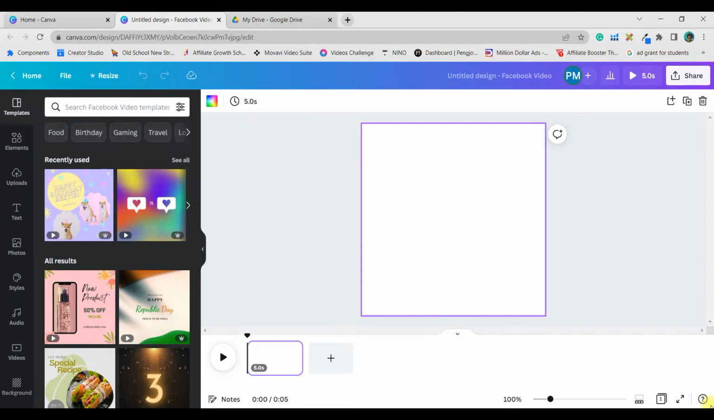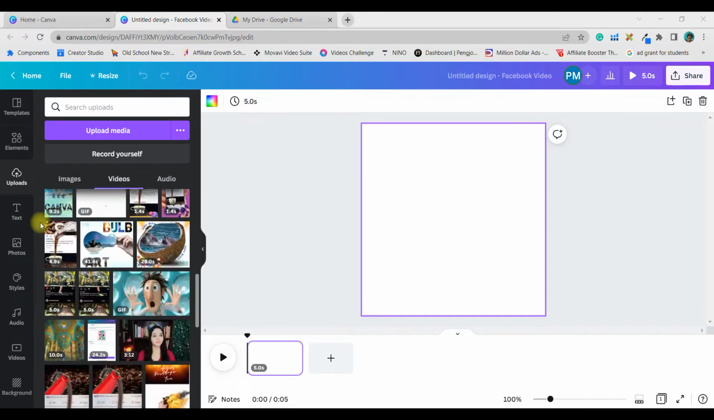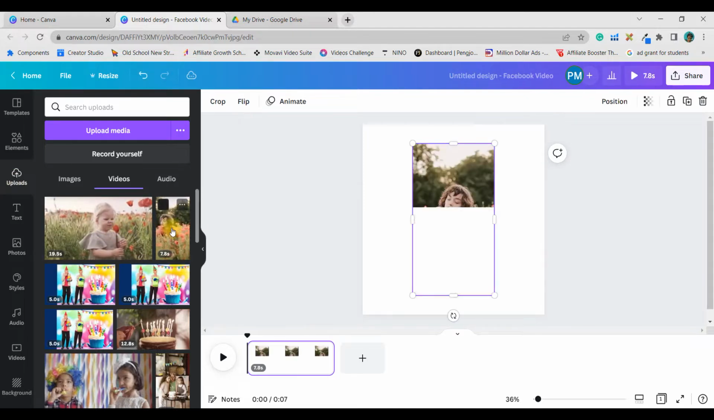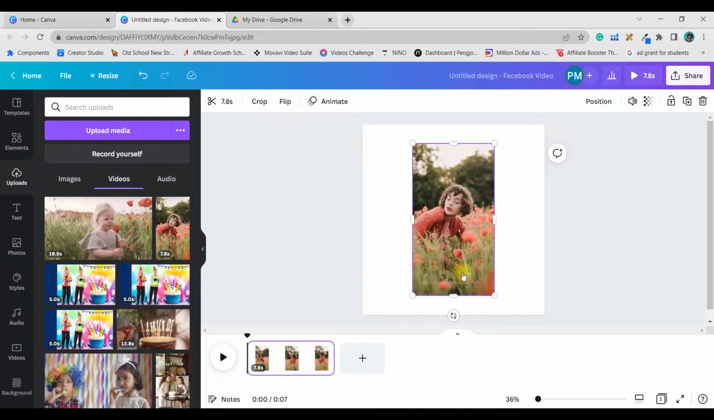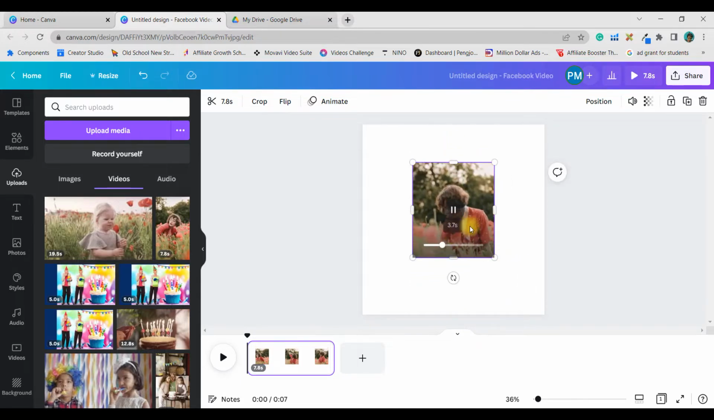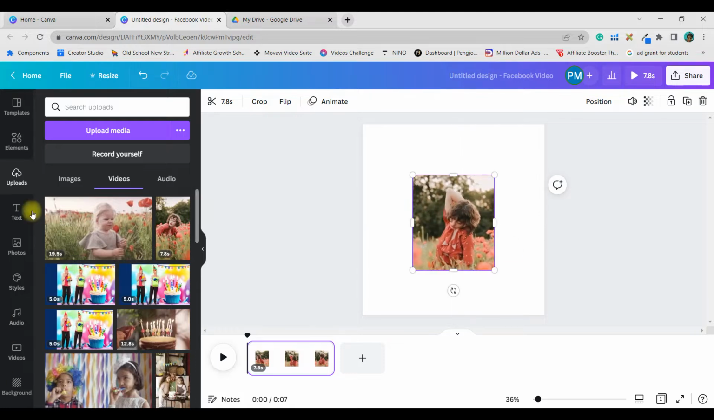One is from a downloaded video and another is by using one of my own short videos and convert it into a GIF or a GIF. So first I'll have to come to upload section. From here I'm going to take this girl's picture, this video, okay, and I'm going to crop it a little bit and keep it like this, and